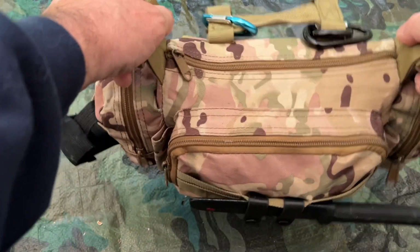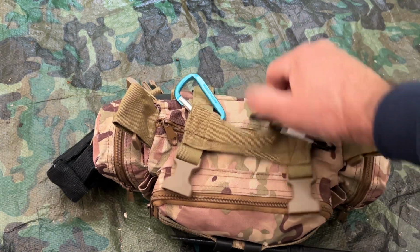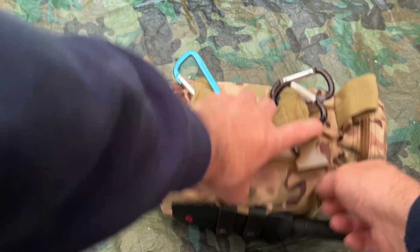I didn't weigh this, but it's hefty. It has a hefty weight to it, but it's not that bad. And of course I keep some extra carabiners on here. I'm using a couple right now, so there's usually a couple more on here. And so when this goes together,